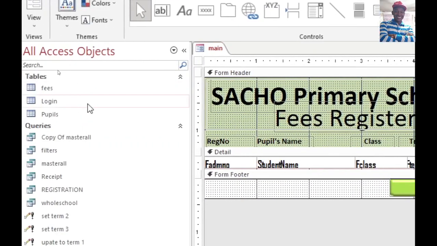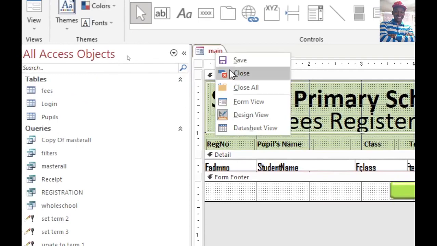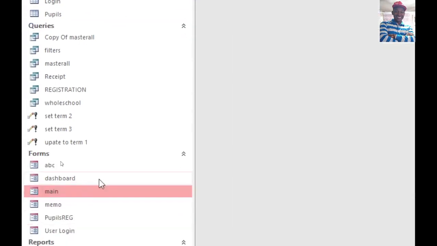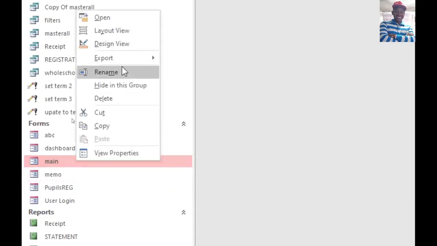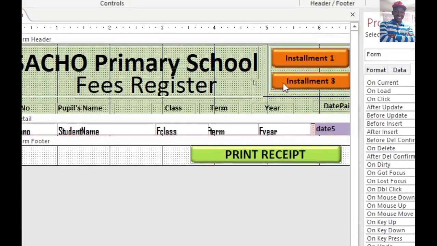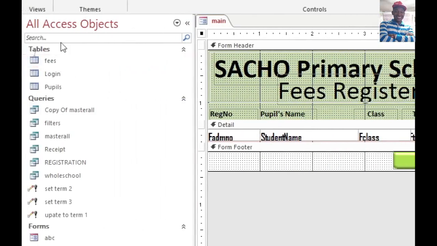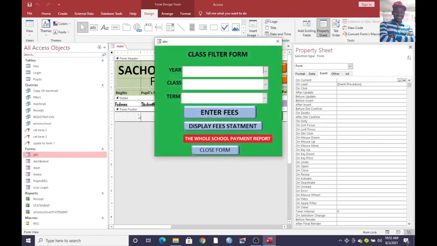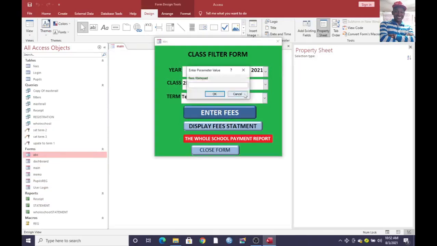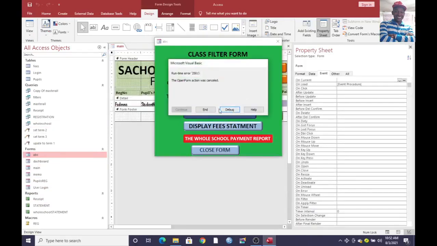Remember, in my part 3, I will be taking you through a comprehensive VBA, that is Visual Basic for Applications, that is VB in Access, on how I have accomplished this one. Therefore, I will be using exactly the same to demonstrate how these buttons work, because if you are keen enough and double click on this, if I open something here like 2021, then I go to East, then I go to term 1 and enter fees here, you'll notice that